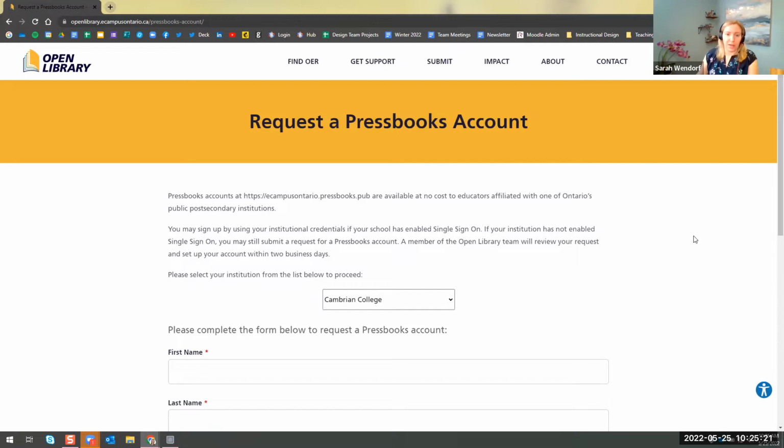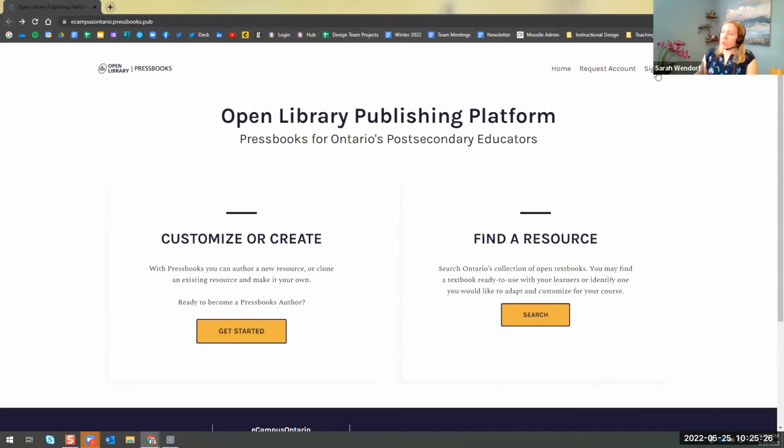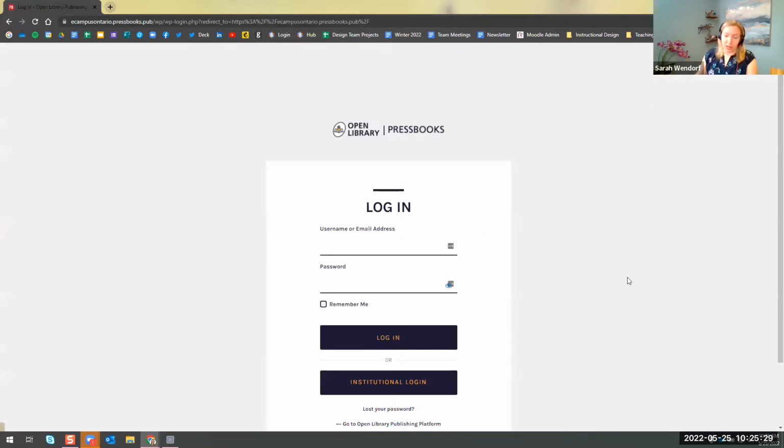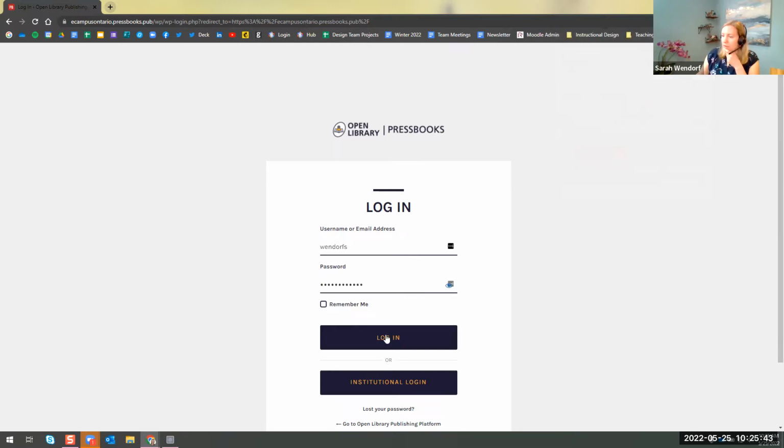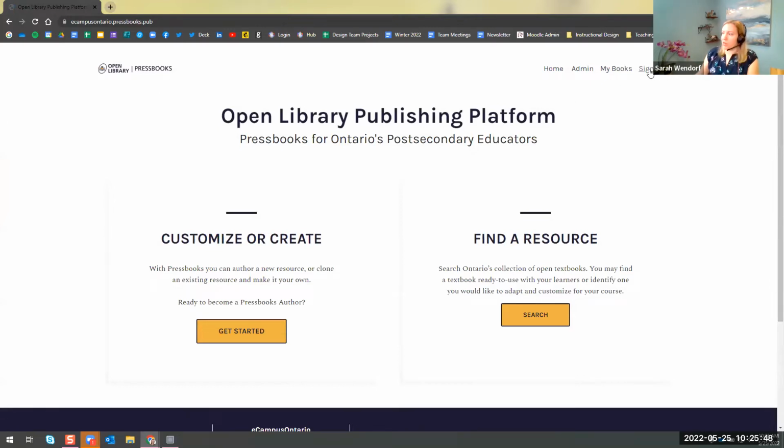Now, the other way to get access to an account, if I go back: if you already have an account, you can invite other educators into Pressbooks by sending them a login link. What I'm going to do here is quickly log into my Pressbooks account. Once I'm logged in here, you'll see I have access to admin and my books. Those are the two tools that I'll show you here. So when I go to admin,